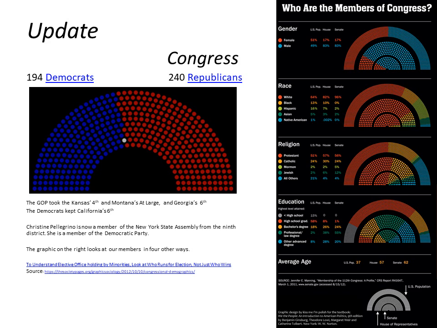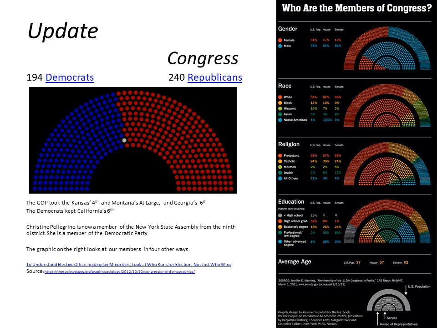Okay, here's a little update since this little presentation came together. Of the 435 now in the United States Congress, 194 are Democrats, 240 Republicans. GOP took Kansas, Montana, and Georgia, all expected, although the Democrats seem to have done better even in the short term. And the Democrats kept the California 6th in a Democrat-to-Democrat runoff. Christine Pellegrino, who I mentioned in a slide,